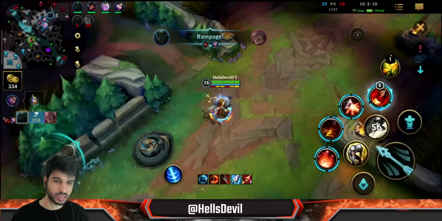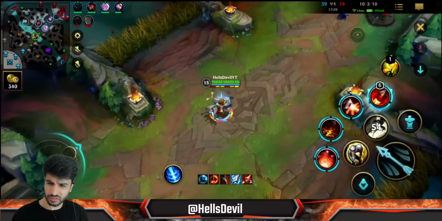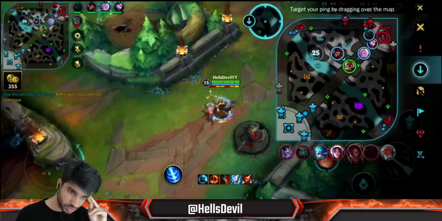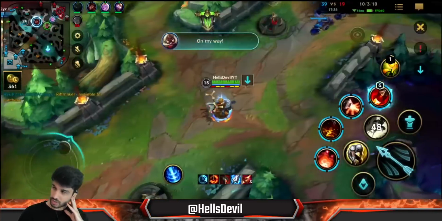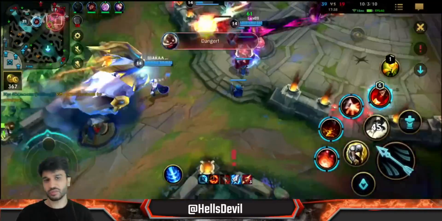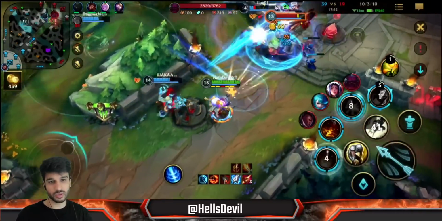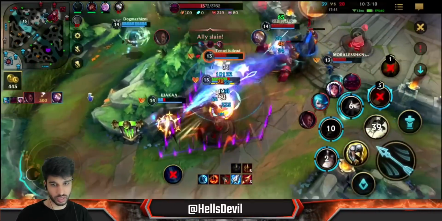Actually, now that I'm thinking about it, how about Riftmaker? How about Riftmaker? That actually makes so much sense in this build. But which item? Riftmaker instead of the Rylai's Scepter, I suppose. But you know what the thing is with Rylai's Scepter, why I love it so much, is because, oh,